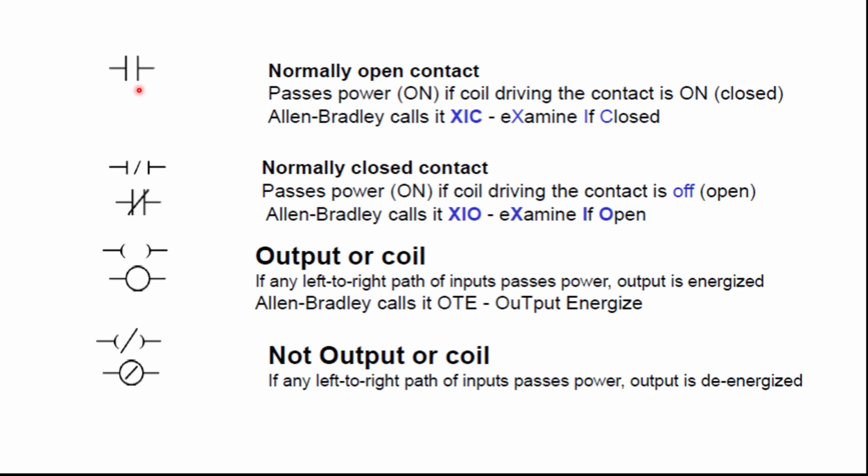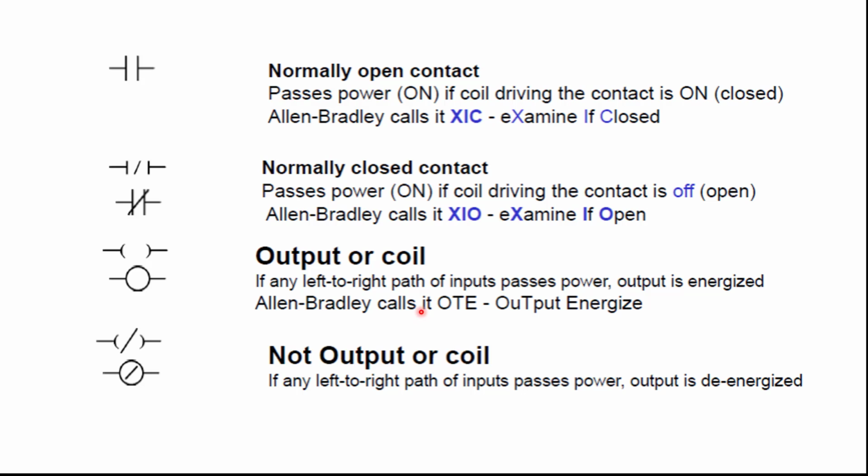Now by using this symbol we represent a normally open contact. By using this symbol we represent a normally closed contact. The normally open contact, Allen Bradley calls XIC, examine if closed. The normally closed contact, Allen Bradley calls XIO, examine if open. In this way we represent an output or coil.